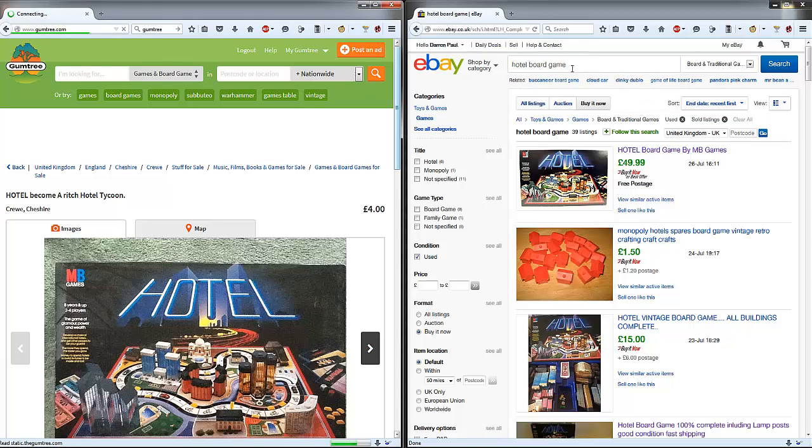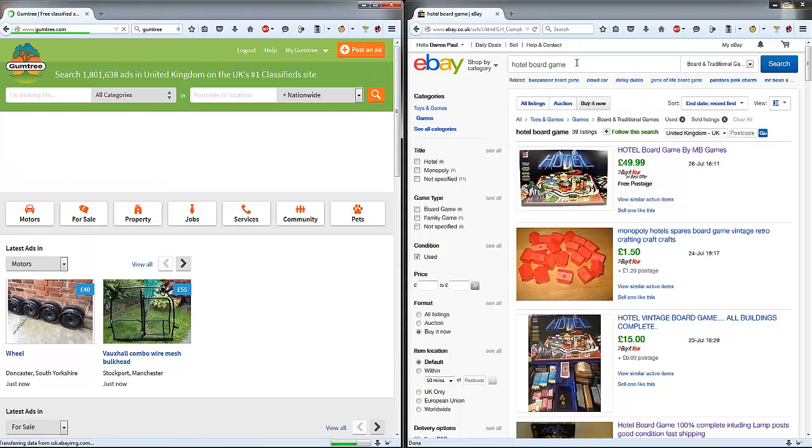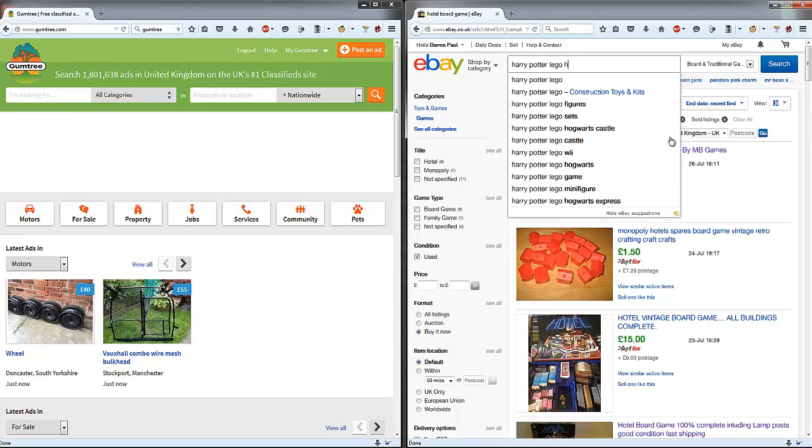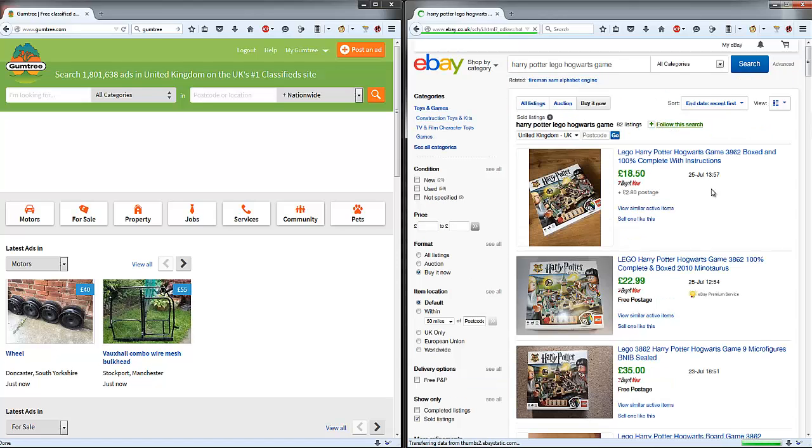Now this one obviously is a little bit more time consuming because you don't know if it's available on Gumtree. But what I will show you is the Harry Potter Lego Hogwarts game. I can't remember the number. So yeah, it's 3862. There we go. So Harry Potter Lego Hogwarts